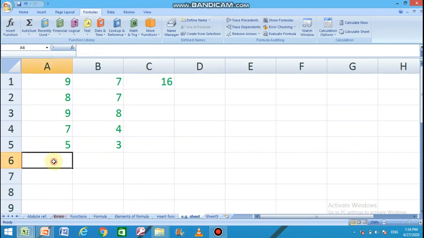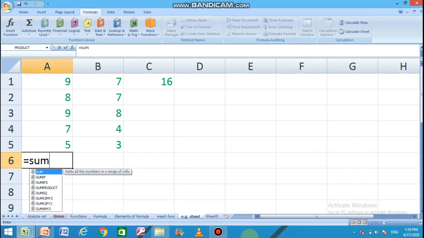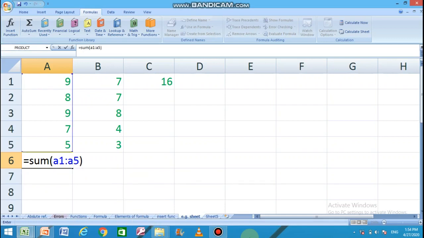In spite of writing this, I can write a function and press enter. I have got the sum by writing a few things. So this is the advantage of using a function in the calculation. You can use the ranges. You can work on the ranges.